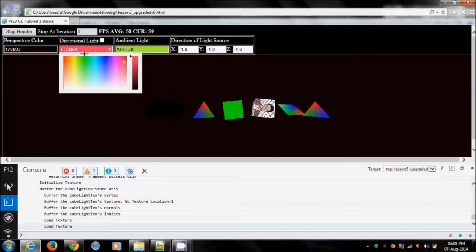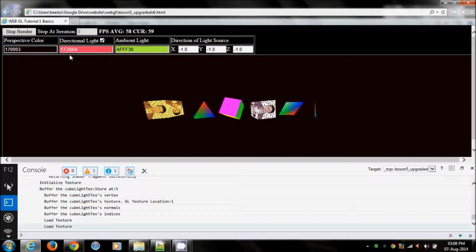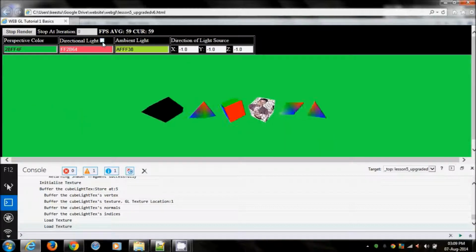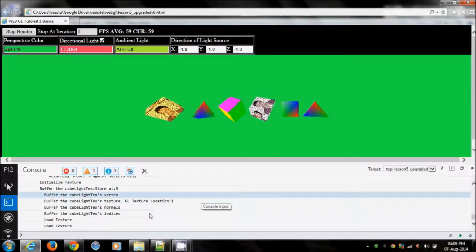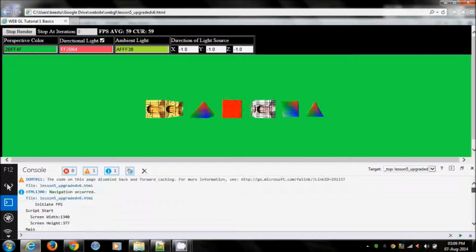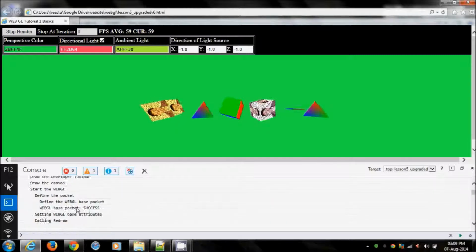The box that you see is JS color. I have not modified any JS color coding. This shows you that when the lighting is not there, I have chosen it to be black. The console log shows every single detail as before, but this time it's happening through a single functionality.